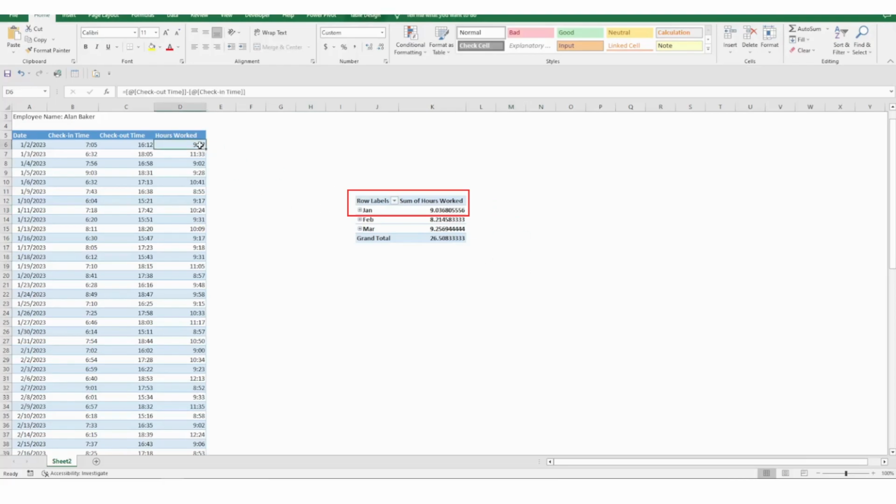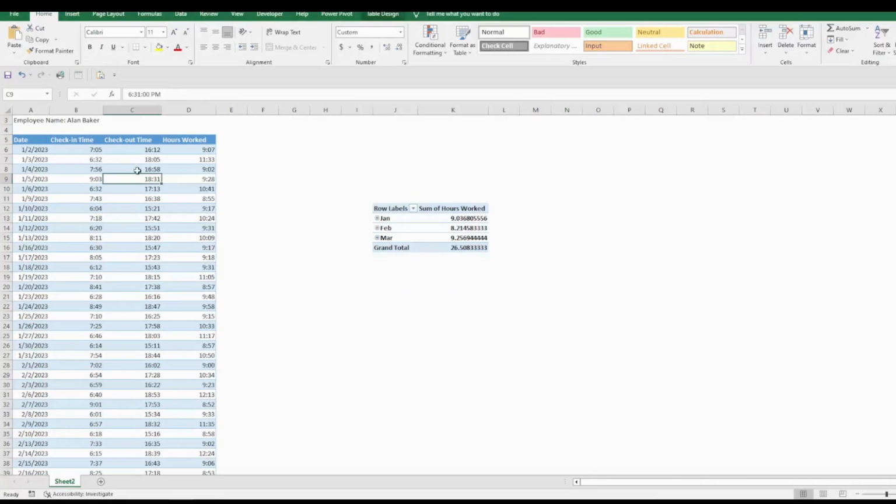So according to the pivot table, the employee has worked 9.03 hours for the month of January. However, as we can see on the bottom right edge of the screen, this is not true because the employee has worked 216 hours. So what's going wrong? The pivot table translates the hours worked into days, so in reality the employee has worked 9 days if we add the hours worked each day for the month of January. However, this is actually a piece of information that we do not need, so what's the optimal solution?